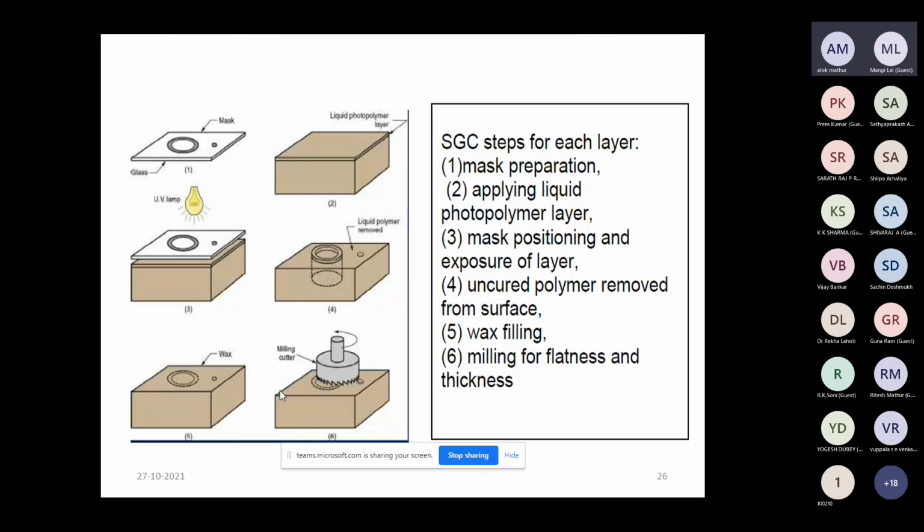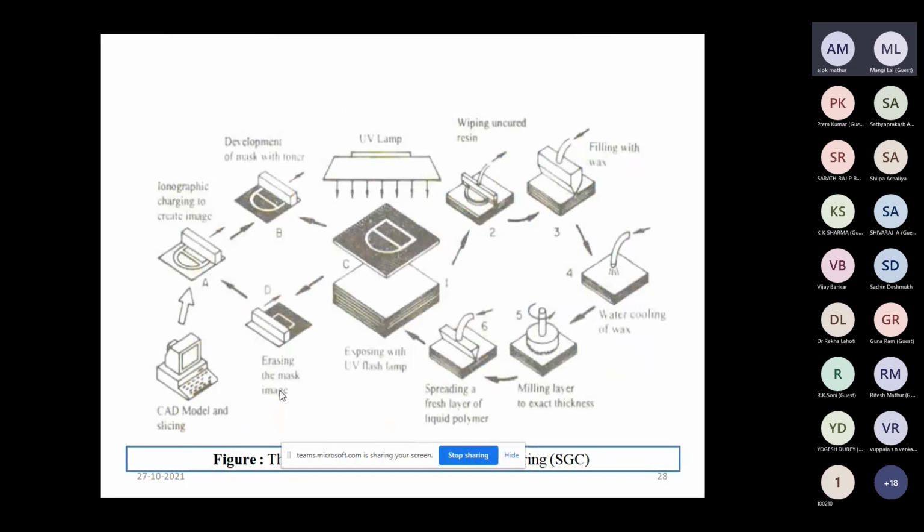We can see the whole process in this slide, where we start from the CAD model and then slicing is done, according to the required cross section from the CAD model, and ionographic charging is done to create the negative image.